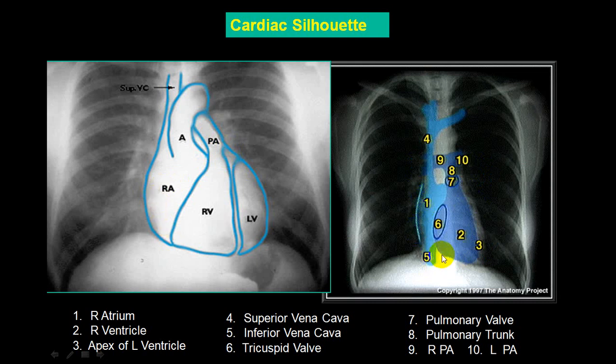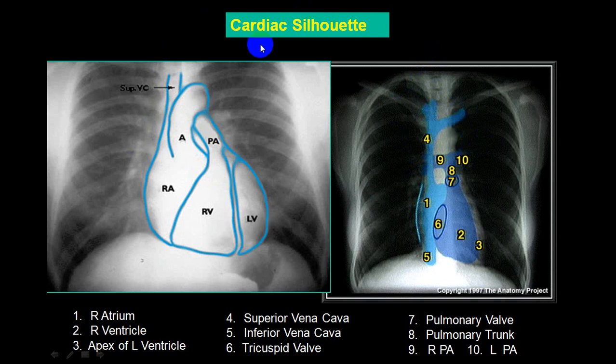This we cannot identify, but this is by the right ventricle. This border is by the left ventricle. This is the left atrium. This is the pulmonary artery, and this is the left pulmonary branch. This is the right pulmonary branch, which forms the right hilum. This is the superior vena cava, further extending up, and this will be what we call the internal jugular. And this is the trachea. So this is the right border, this is the left border, this is the aortic knuckle.